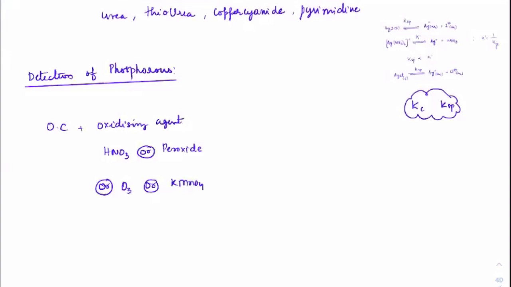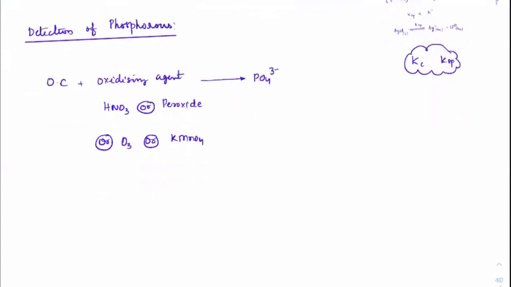Any of these is fine. If there is any phosphorus present, it would convert into PO4 3-. You can see that I'm not using the sodium extract here. I can directly treat the organic compound with any oxidizing agent, and if there is phosphorus, it will convert into PO4 3-. Once you get PO4 3-, react that with